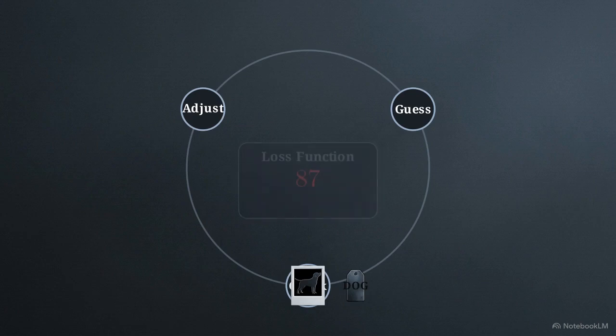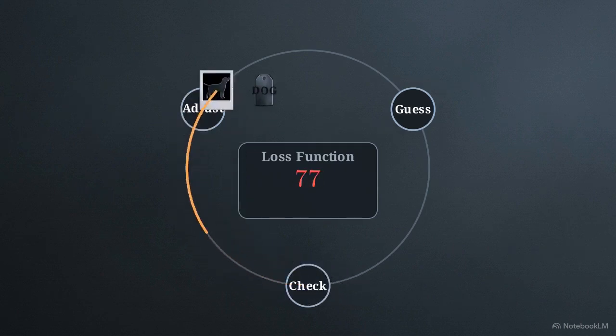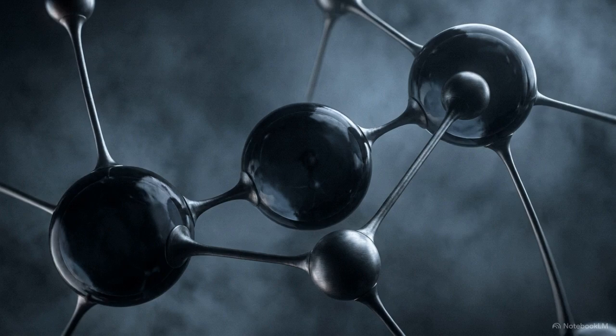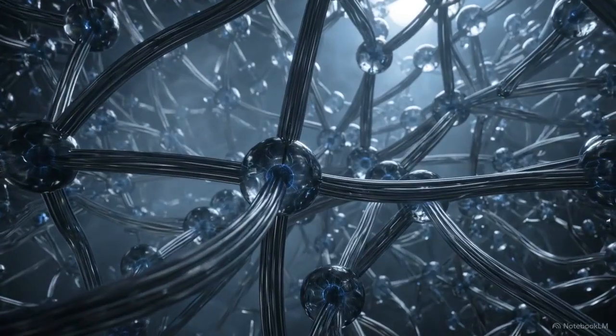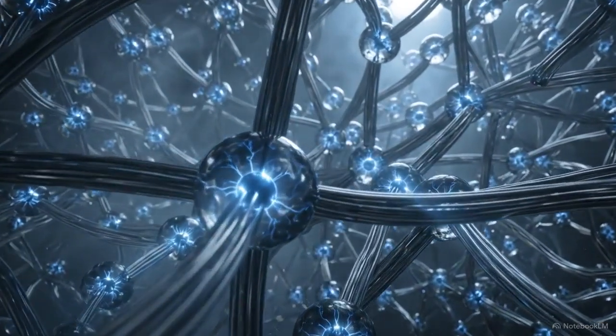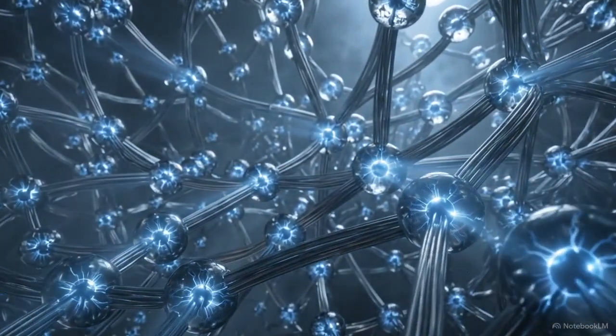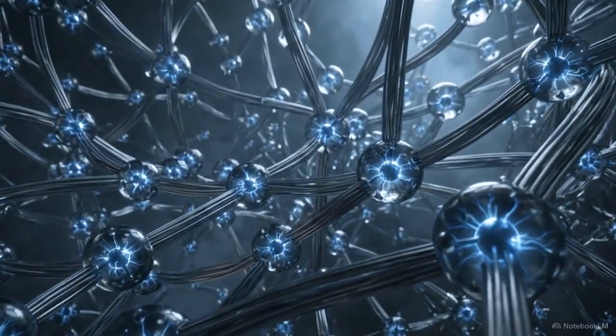The system needs a way to measure its own failure. It uses a loss function, which is a mathematical formula that generates a single mistake score. This score tells the network exactly how wrong its guess was. The entire goal of training is simple: make that loss score go down. A single loop through this cycle doesn't make a network smart, but executing millions of loops across millions of examples acts as a brute force mathematical pressure, nudging those random weights toward useful values.